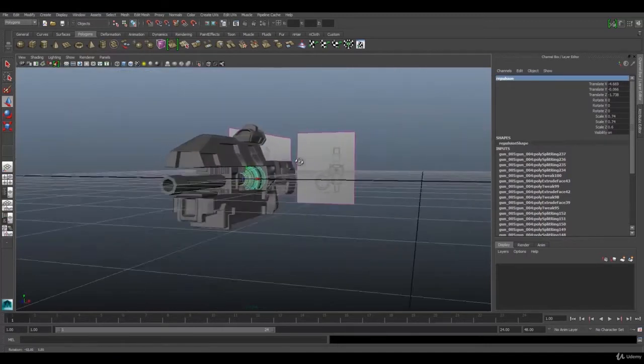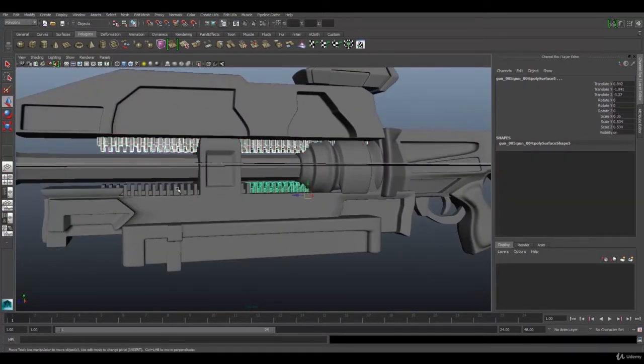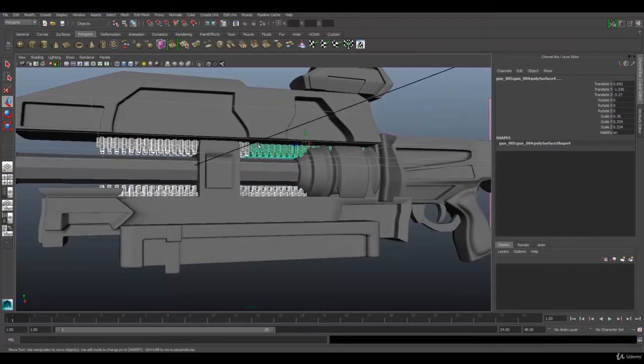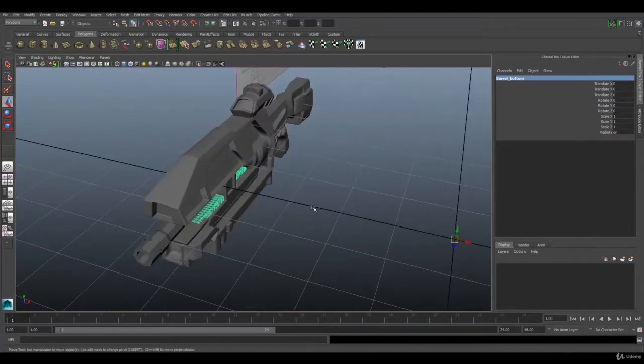So, the two parts have been left. They should go to a group also, and we can use the shortcut Control G for group. Okay, the item grouped successfully. So we will name this part, and it is called the barrel end or barrel back, barrel bottom. So the naming has been done, and let's move to